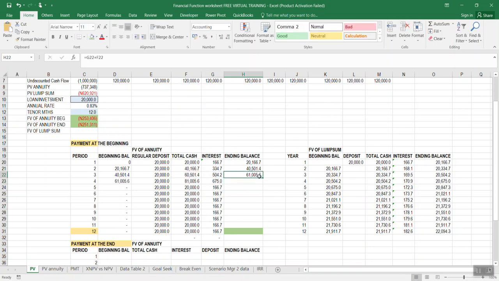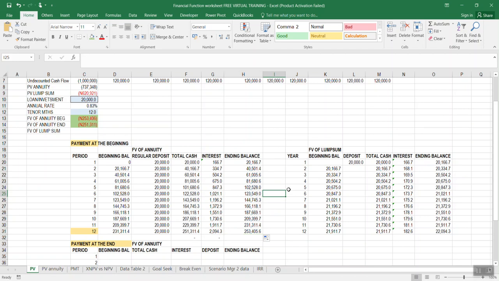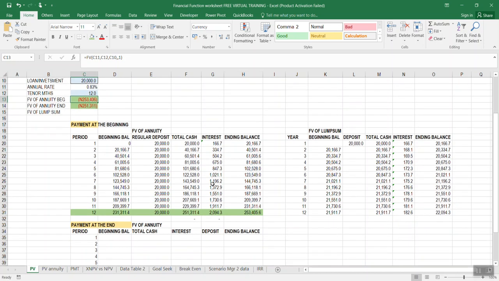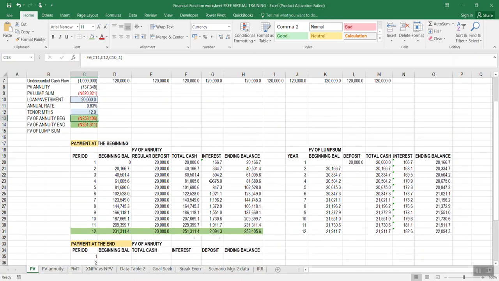Here will be this plus this. Then I'm going to roll that down as well. Having rolled that down, you will see at the end of the period, I have 256,300 naira, which is the same thing as what I have here using the PV function that is available in Excel. The second one is that if I am making this payment at the end of the period, how much